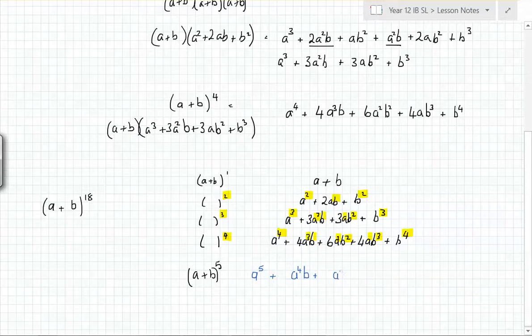A to the power of 3. Why 3? Because it goes 5, 4, 3, 2, 1. This one will go a to the power of 3, b to the power of 2, because they've got to add up to 5. The next one, a to the power of 2, b to the power of 3, plus